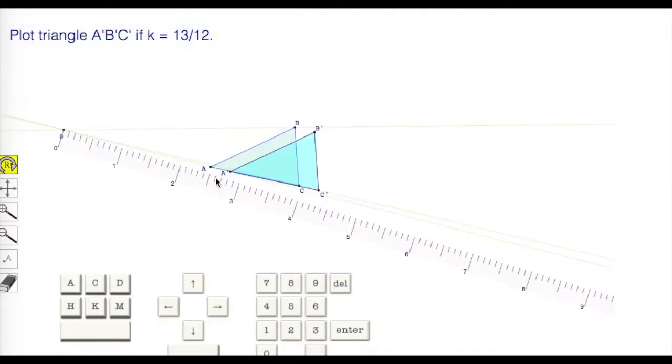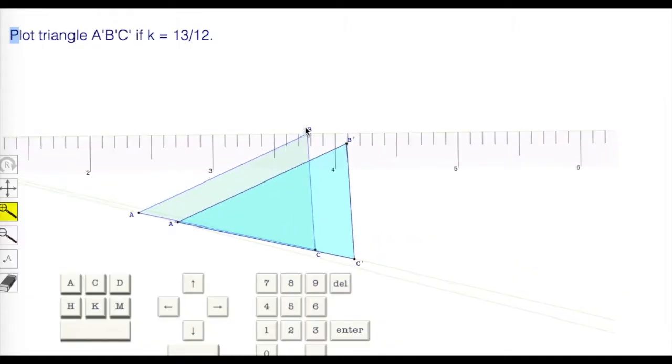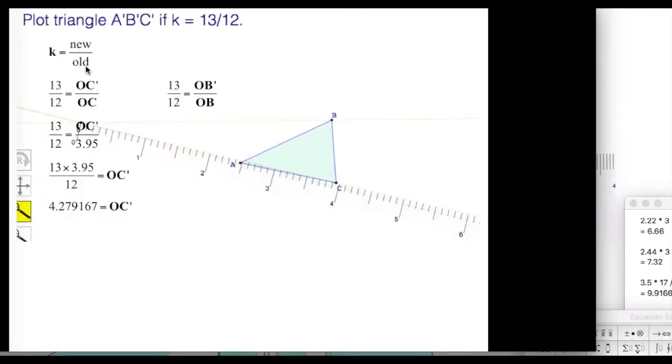4.25678. Like that. For the B prime, I'm going to do the same thing. That looks like 3.77. Let's zoom in and have a look, just to be sure. 3.767. That's 3.77. Once again, the ratio of similarity is new over old, so I'm going to put my 13/12